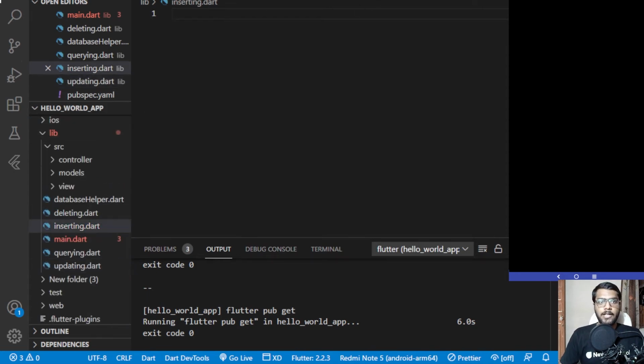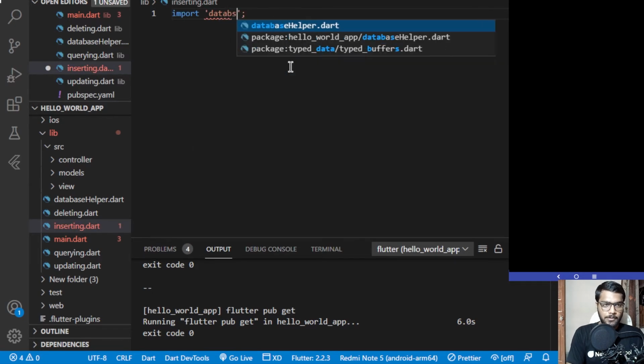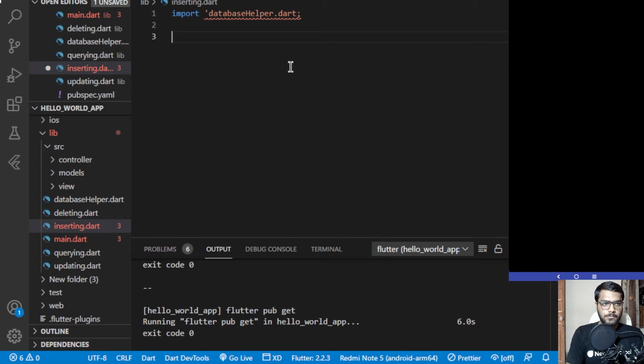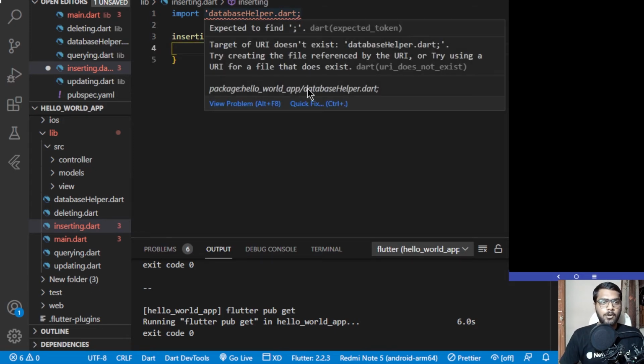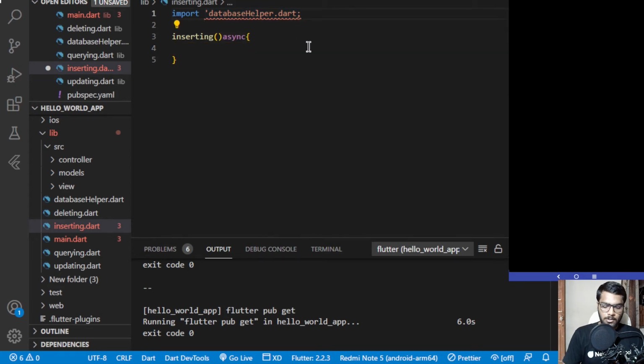So let me create the things for the inserting first. So importing the database helper, and inserting, it will be of type async, and here it is showing me an error for database helper because this has been deleted automatically.